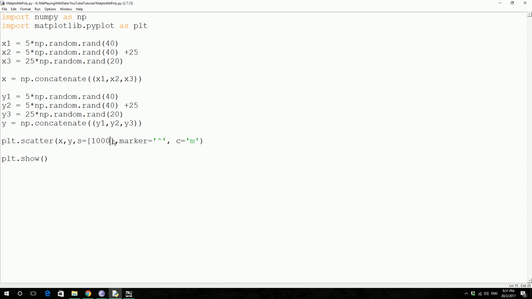let's try to give different colors to different groups of data. So what we're going to do is give the size as 50. We keep all the data that we generated and saved over here as it is. So now let's define a color array. You call it an array. It's going to be equal to,